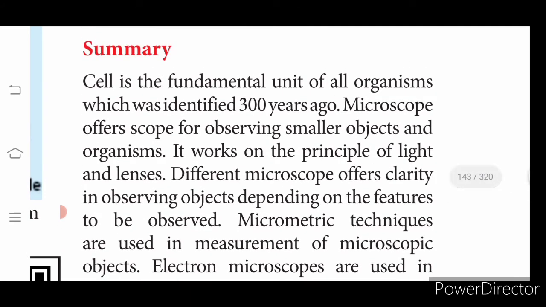Okay, so in this lesson, cell biology, we have learnt about the structure of the cell. Then we learnt the difference between plant cell and animal cell. The major difference is the presence of a cell wall and a large vacuole in the case of plant cells. Then we learnt about all the cell organelles. The biggest cell organelle is the nucleus. The nucleus has an inner nucleolus, from where ribosomes are produced.